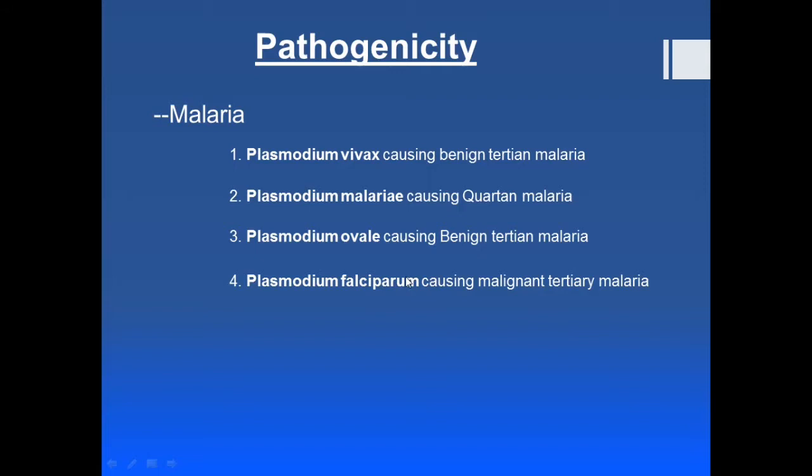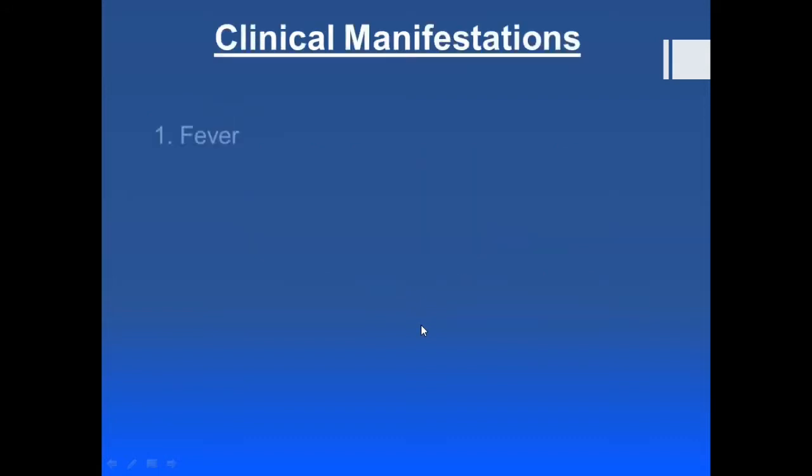It causes very severe malaria and it has a high mortality rate. So this is the main pathogenicity of it. Now the clinical manifestation. So first of all, the fever. We have said in the tertian malaria or in the